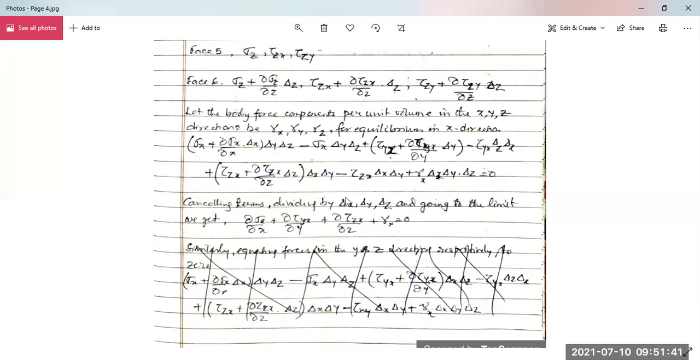So you can cancel the terms by first dividing by the volume in all the cross conditions, where delta x, delta y, and delta z will be cancelled. Next, we will have terms like delta x divided by delta x, which doesn't make any sense, so this can be neglected. The higher-order terms can also be neglected. So all this equation will reduce to del sigma x by del x; only this remains, plus the tau yx term.